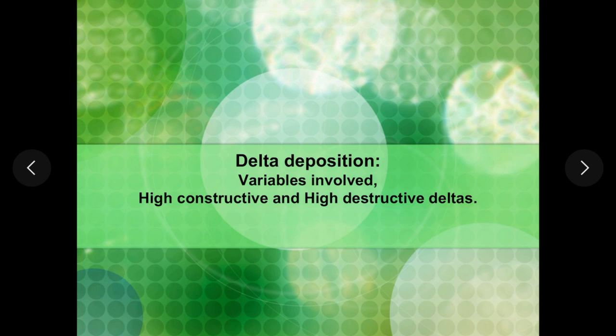Now these are the variables listed here in delta deposition. The first one is rate of sedimentation and size of sediment deposited. So when you see higher rate of sedimentation and coarser sediments, it could result into a river dominated delta, and vice versa. If the rate of sedimentation is low and size of the sediment grains is less, you might see a marine dominated delta. The second variable is the difference in the density of the fluvial water and the standing body of water. So this second point we will see in detail again.